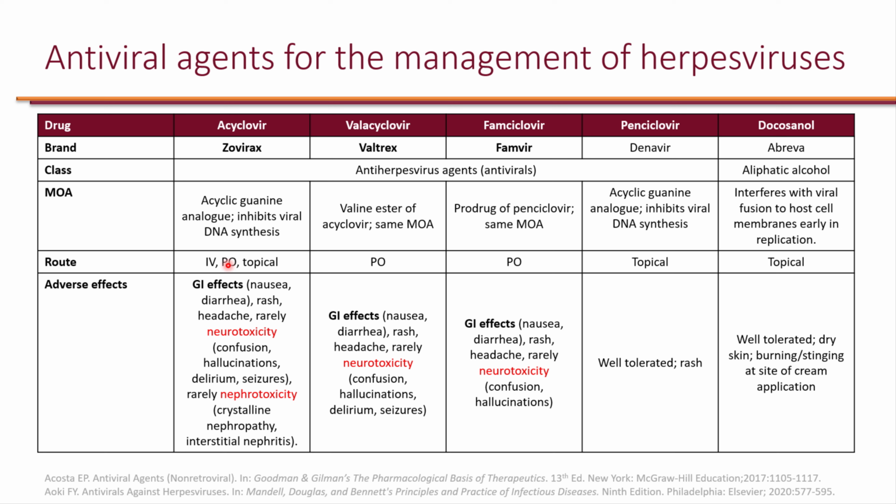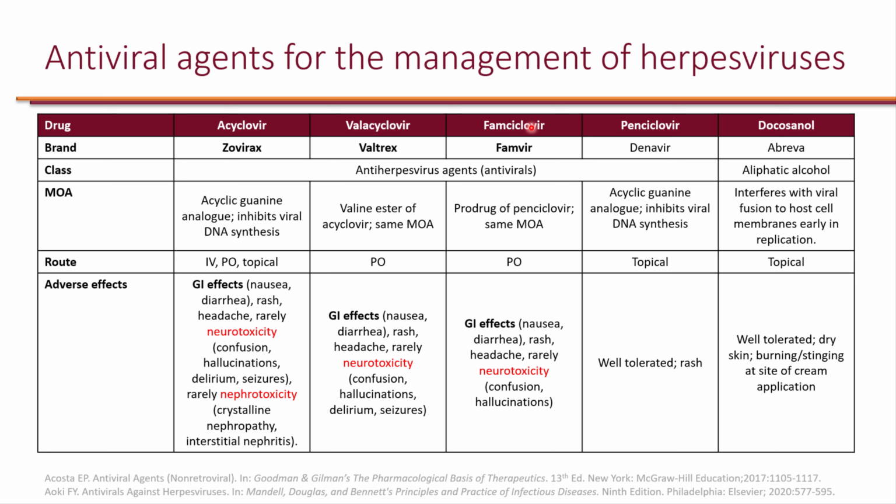And I emphasize IV because, if you think about it, the PO version is only about 10 to 30% absorbed, so you're less likely to get these severe rare adverse effects. But with the IV, which has 100% availability, you're going to get high doses, and so it's one of the nephrotoxic agents. Specifically, it can form crystals, so it can cause obstruction, but also it can cause interstitial nephritis. So that's one of the types of AKI, and that's something that you don't see with valacyclovir.